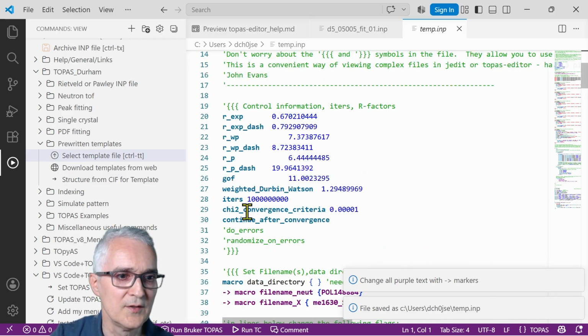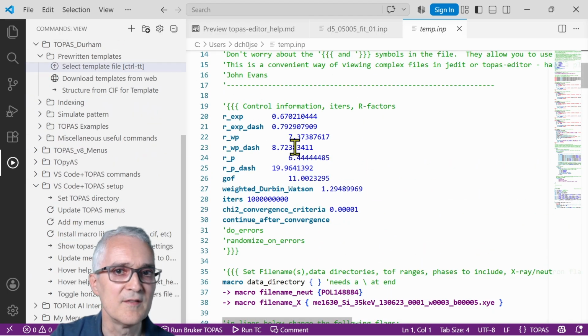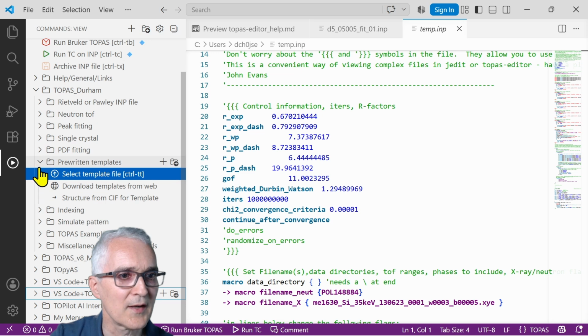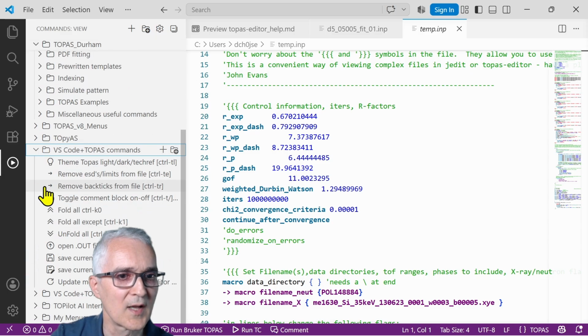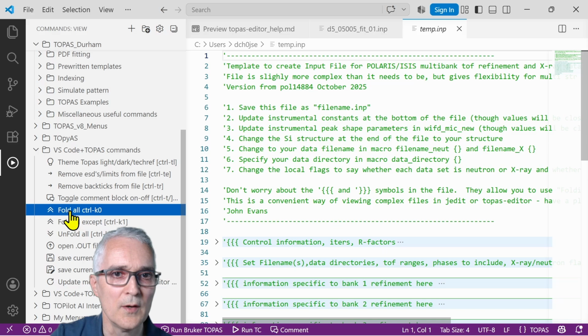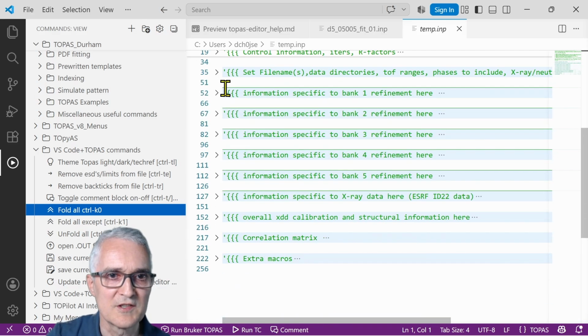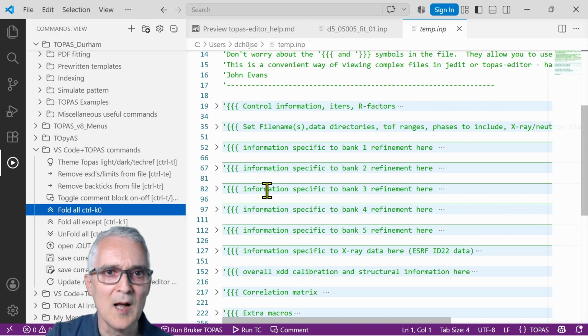One of the nice things you can do in Topaz is you can fold these files away so they're much neater looking. There's various ways you can do that. I tend to do that with a keyboard shortcut. The keyboard shortcut is Control K0, but if you click in the VS Code and Topaz commands, that menu's there for you. This whole input file now is just written as little sections,